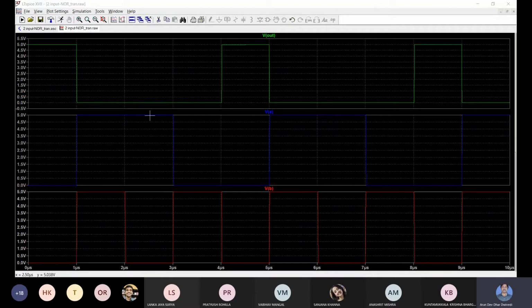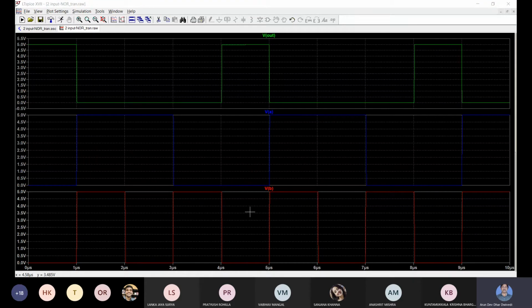Here input A is 1 but input B is 0, so 1, 0. For that also the NOR gate output is low or 0. In this case input A is 0 but input B is high, so 0, 1. For this 0, 1 combination also the output of the NOR gate is low.